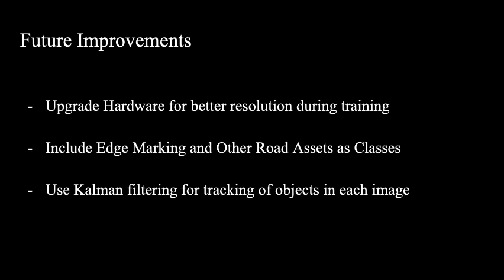Secondly, if we include edge markings and other road assets, then the bounding box regressor's test accuracy would have been 95%. These will eventually need to be included anyway, as NZTA manages them through local city councils. Thirdly, if we use Kalman filtering for the tracking of the road signs, we only need to use the road signs that are closest to the mobile mapper. This means that during inference time, the resolution will be much better.